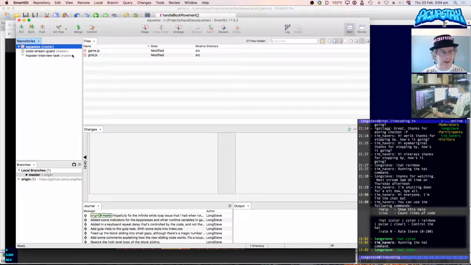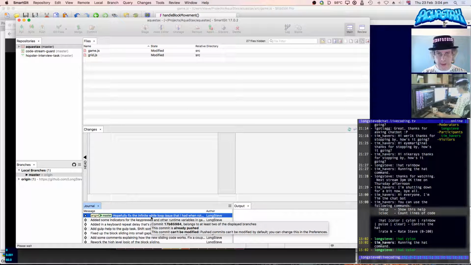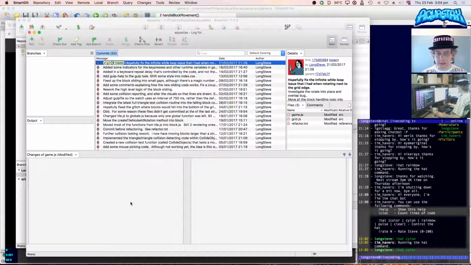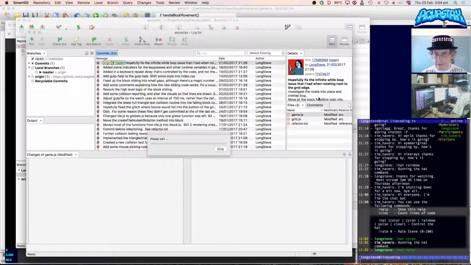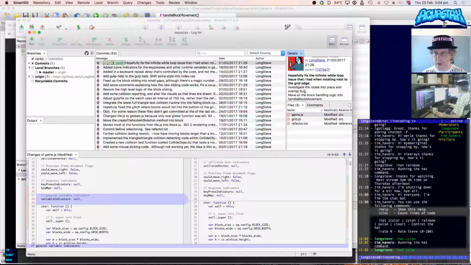Oh, that's right. What I'll do is I'll just look at the last things I did. Here we go. Hopefully fix the infinite while loop issue that I had when rotating next to the grid edge. Investigate rotating into place and overlap bug.